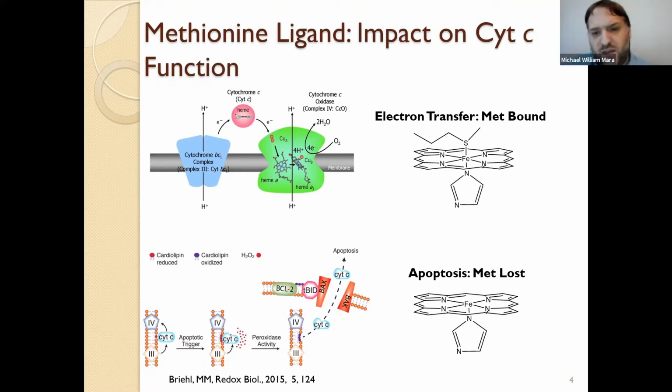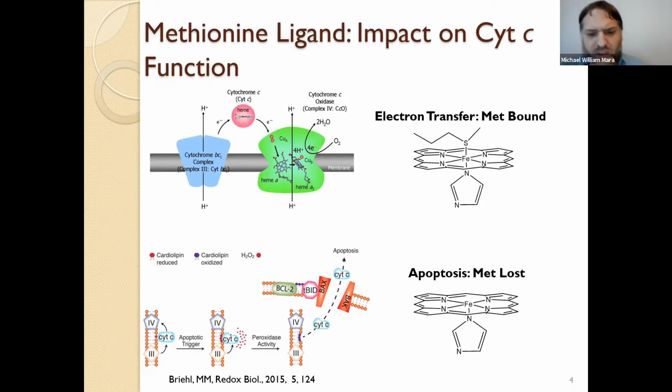When cytochrome C is performing this function, it has an active site structure that is the native structure to cytochrome C, which is what most people would probably be familiar with. It's 6-coordinate low spin, and this can shuttle easily between ferrous and ferric iron. This methionine bond is here, and the lack of structural change between the iron 2 and iron 3 states helps to cut down the reorganization energy for this protein, and this allows it to function very well in shuttling